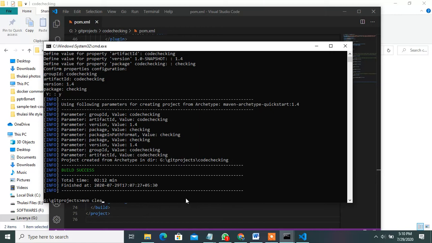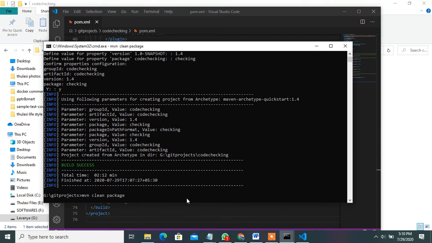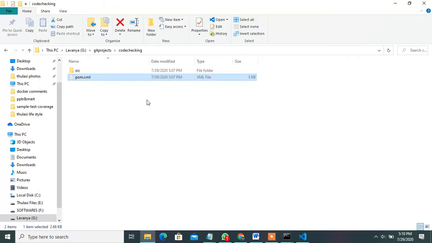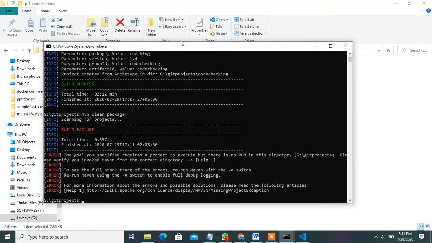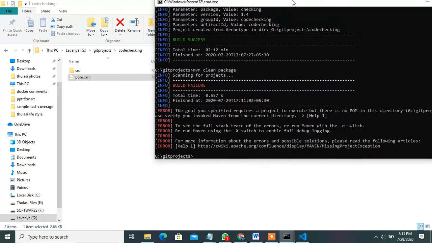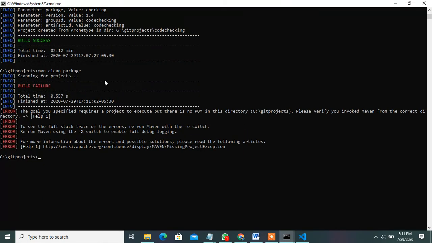What is the next process? You write one Maven goal: mvn clean package. Once you run this Maven goal, it creates the target folder. Observe this. Sorry, the build is a failure. Sorry, go to that path, code checking, and here you mention mvn.